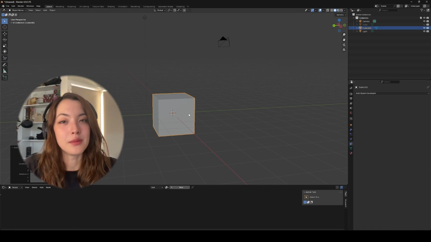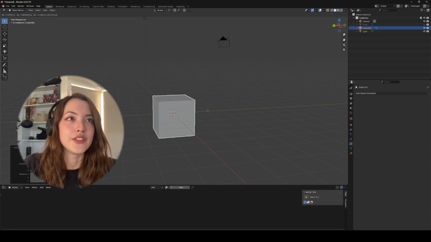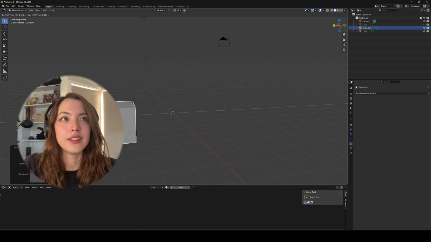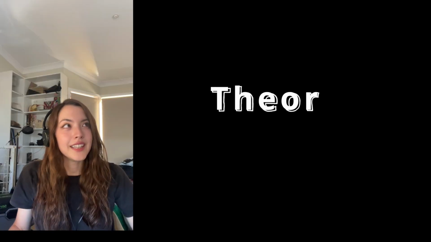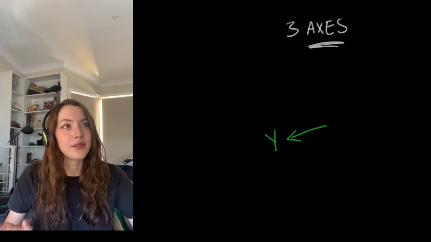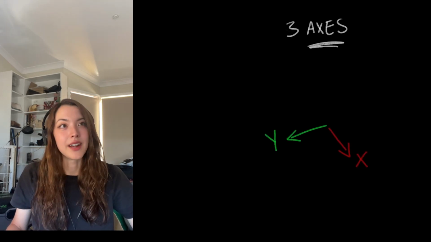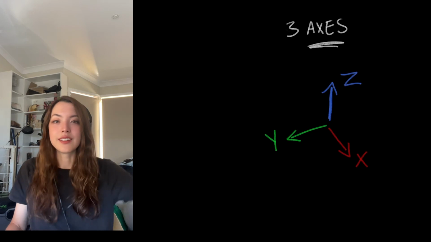Now that we can move the viewport, let's move our object. Press G, and the object will basically snap to your mouse, and you can move it anywhere in your view. 3D space can be broken down into 3 different axes. In Blender, we have Y, which is the depth, we have X, left to right, and Z, which is your